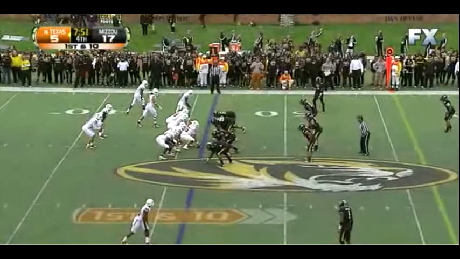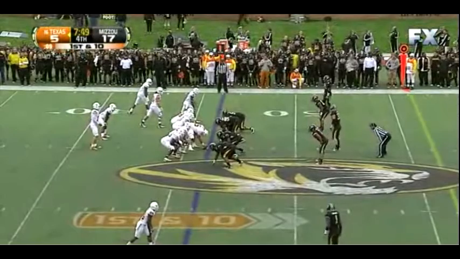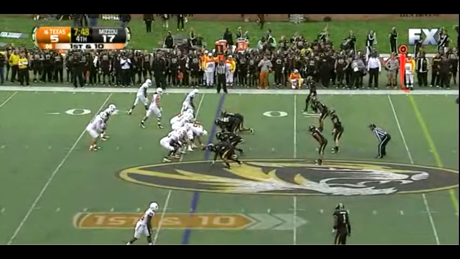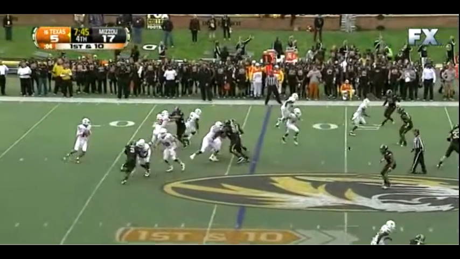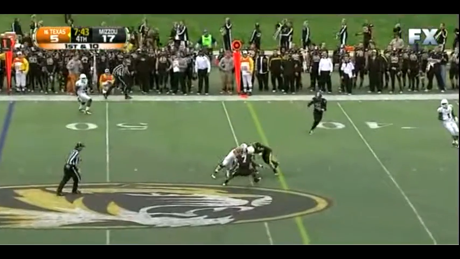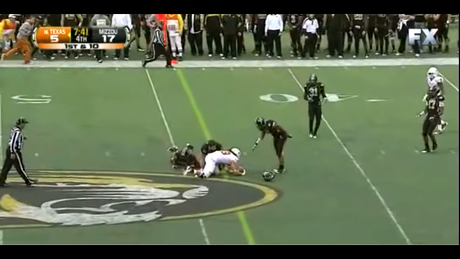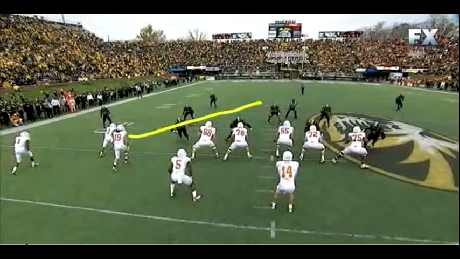Here we come back to that bunch look again, this time to the short side of the field. We've been facing man coverage on a lot of these plays, and here we just run a little triangle concept to get Irby open for this underneath pass. Get close to a first down. One thing on this play that I'd like to see,